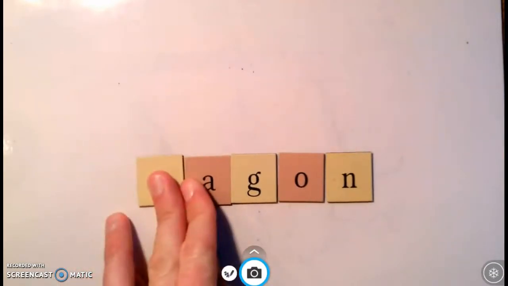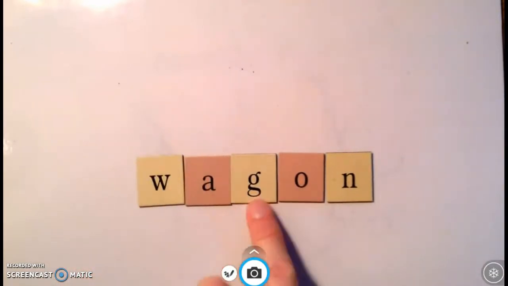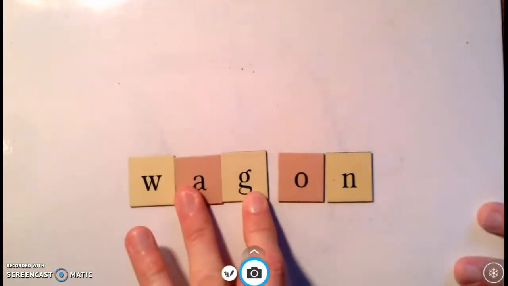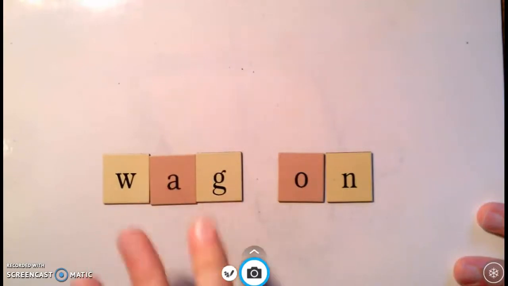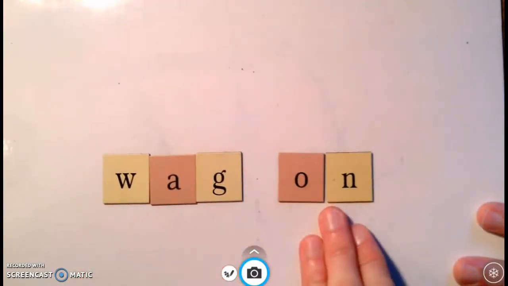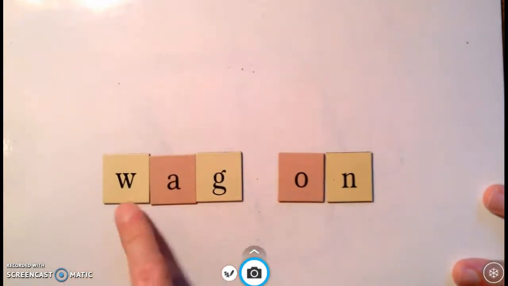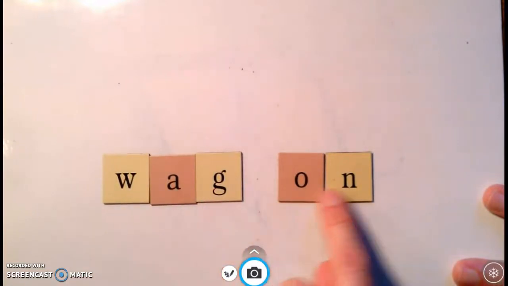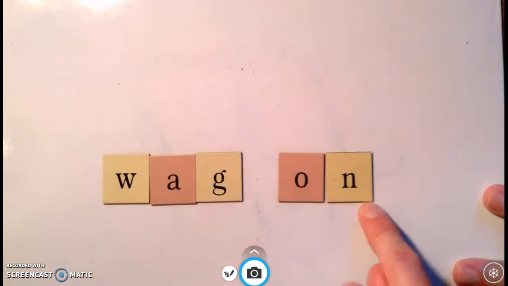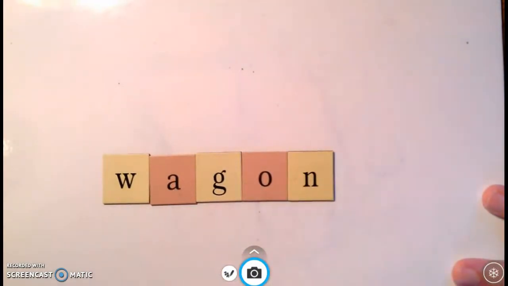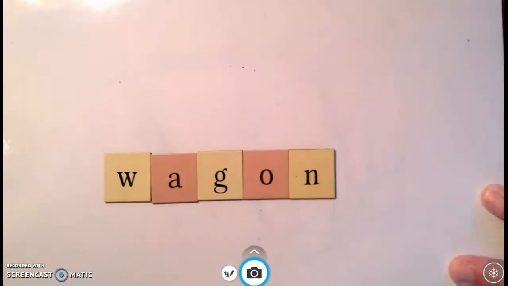Okay, so we've talked about this syllable division rule, where when you have one consonant between the two vowels, you close the first syllable in. And when you tap these out separately, they both have the expected vowel sound, right? Wag, on. We know that that's not a word. Wag on is not a word. The word is wagon. And so when you're hearing a different vowel sound than what's expected, it's because that syllable